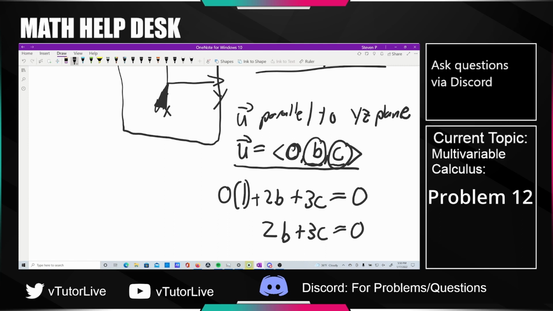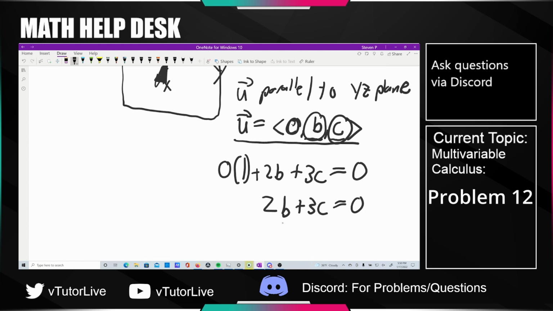You could just do guess and check, really. You could literally just guess, okay, what if I just guess B is equal to 1, is there a value of C that would satisfy this? And you can check that, yeah, actually there is. Would you like me to go through and show you, or do you think you got it from here? No, I think I understand it from here. Gotcha. At this point, you could literally guess whatever you wanted, right? But they are asking for